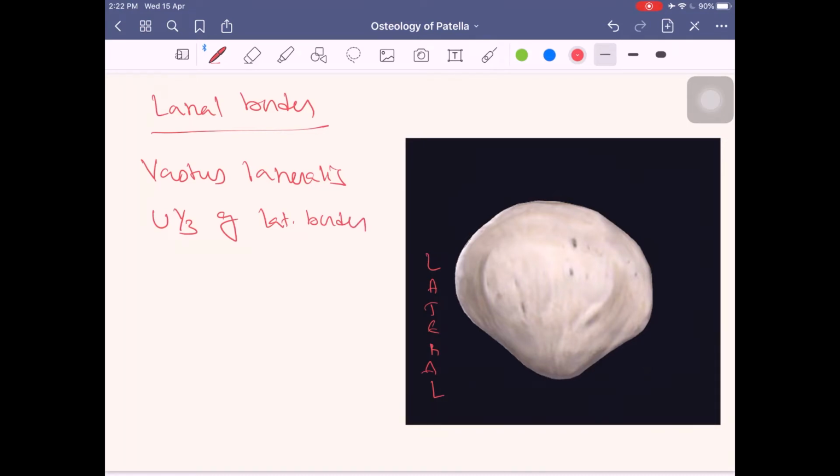So if this is here, if I put it here, so upper 1/3, this is our part of it. So what happens in case of base? So this is your vastus lateralis. So 2/3 of the vastus lateralis is inserted to the base only. It is on the base, whereas the lower 1/3 is inserting to lateral border, and the remaining part of the lateral